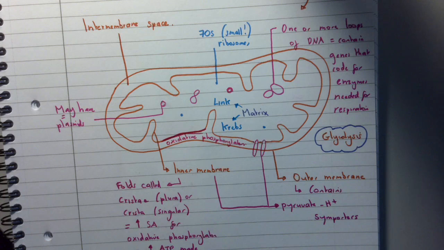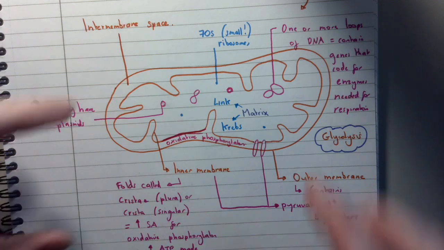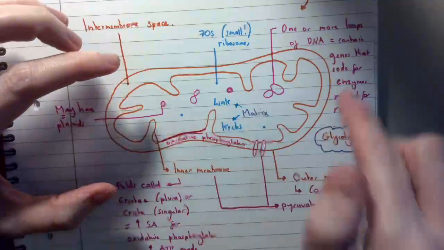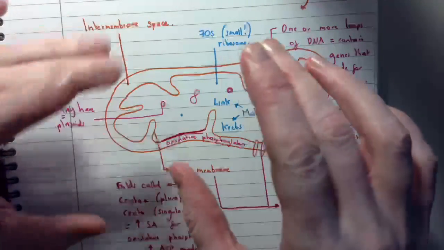Now, I keep talking about this thing called the endosymbiotic theory, which I've noticed is coming up more and more in exam questions. A lot of students don't seem to know what it is, because I don't feel like it's specifically part of any of the specification points. So it's sometimes missed or not covered in textbooks or in lessons. What the endosymbiotic theory says is that mitochondria, and also chloroplasts, which are a very similar size to mitochondria and have a very similar structure,